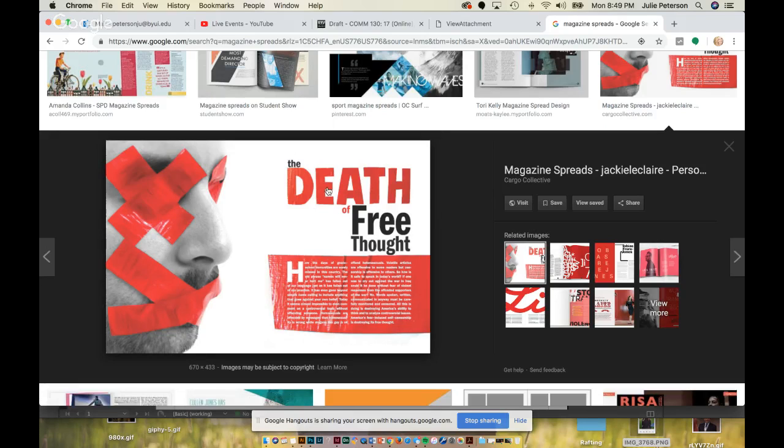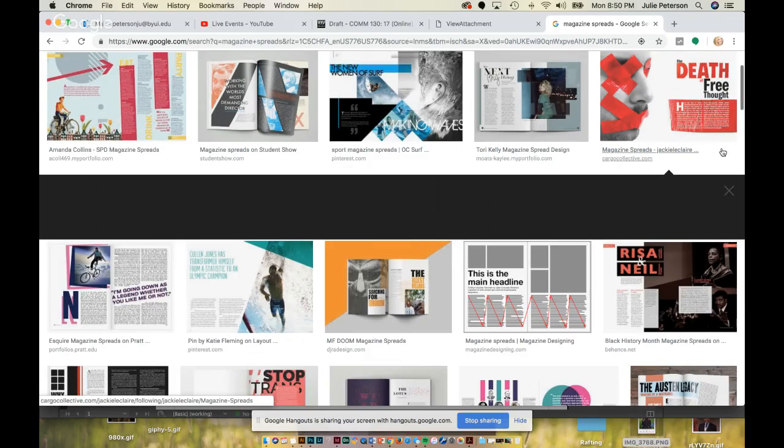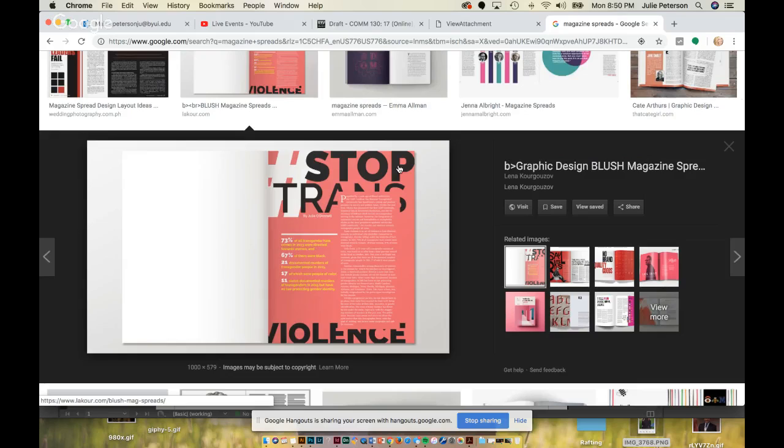I mean, it's pretty powerful, actually, the image and then this text with it. It creates a lot more interest to it, that it's not all the same weight, it's not all the same size, and it's not all the same color. This is just playing around with thick and thin. Stop is bold, and then I can't really read what is underneath this.